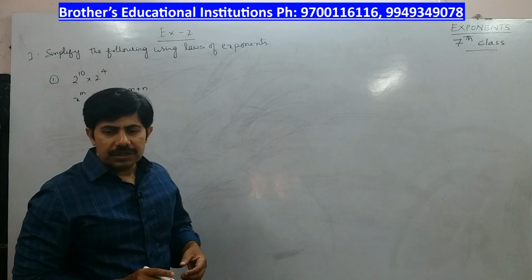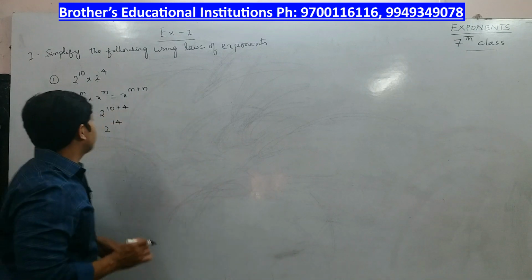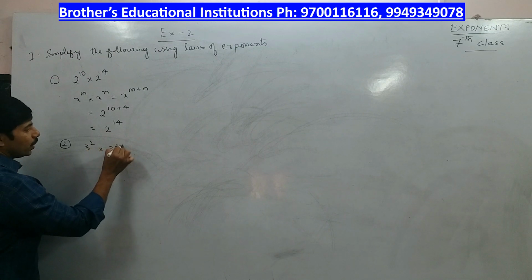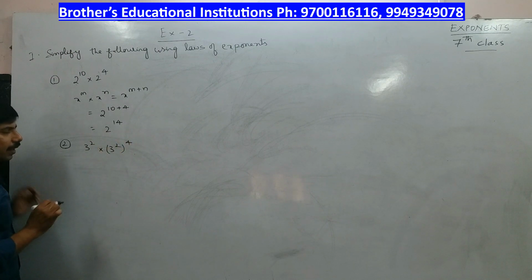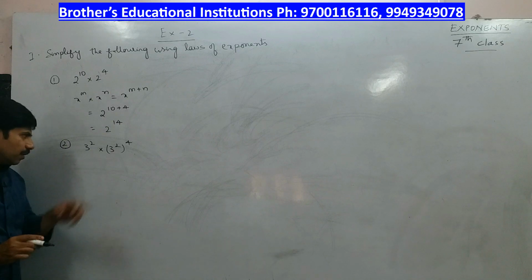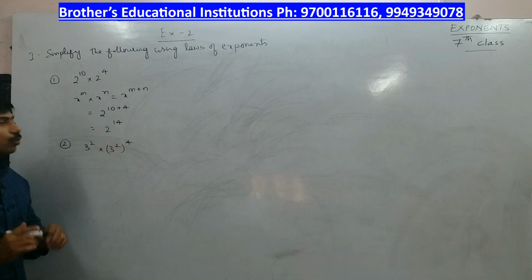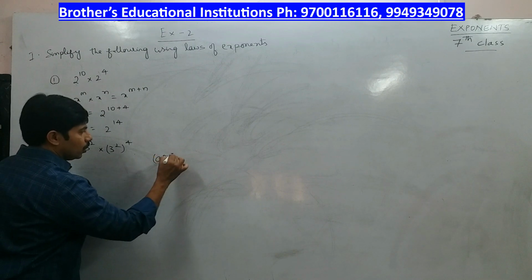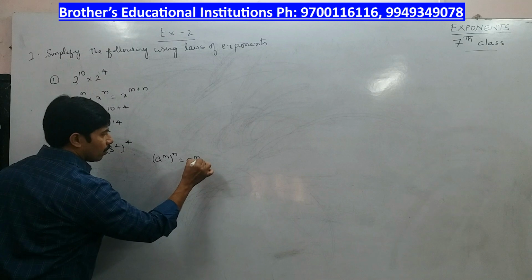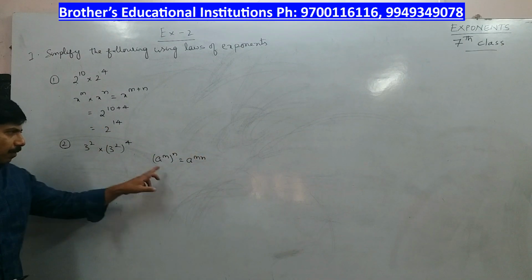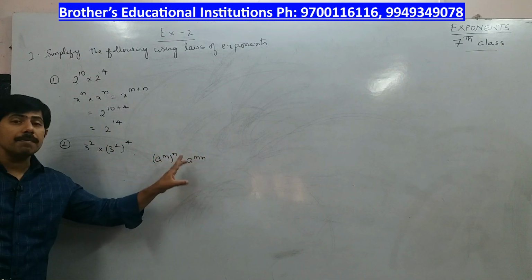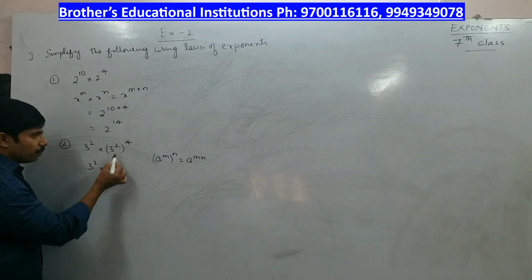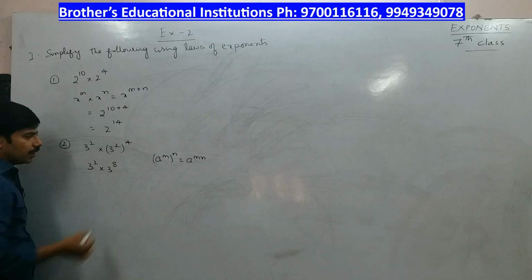The second one is 3 square into 3 square whole power 4, right? So here first what we do is we simplify this 3 square whole power 4. How to simplify? See we have a formula, a to the power of m whole to the power of n is a to the power of m into n. So we have 3 square into 3 to the power of, just multiply, 2 4s are 8, we get 3